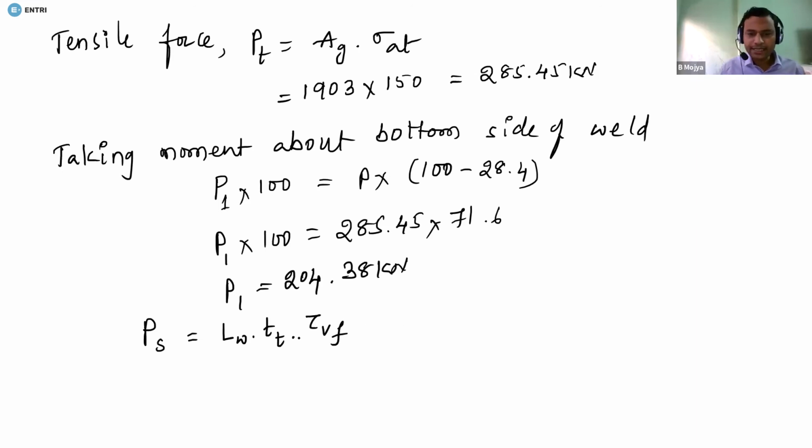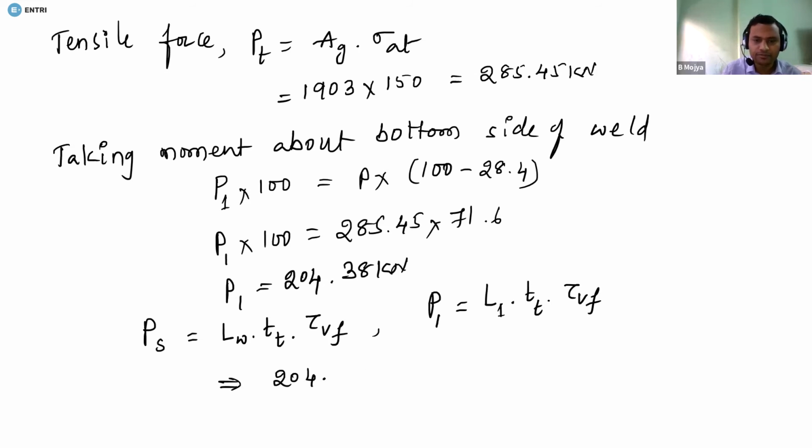If I want to apply this formula on the L1 side, on which the force P1 is acting, we can write P1 is equal to L1 into throat thickness t_t into tau_vf. Tau_vf is given in the question as 108. So P1 is known to you. P1 value is 204.38 into,